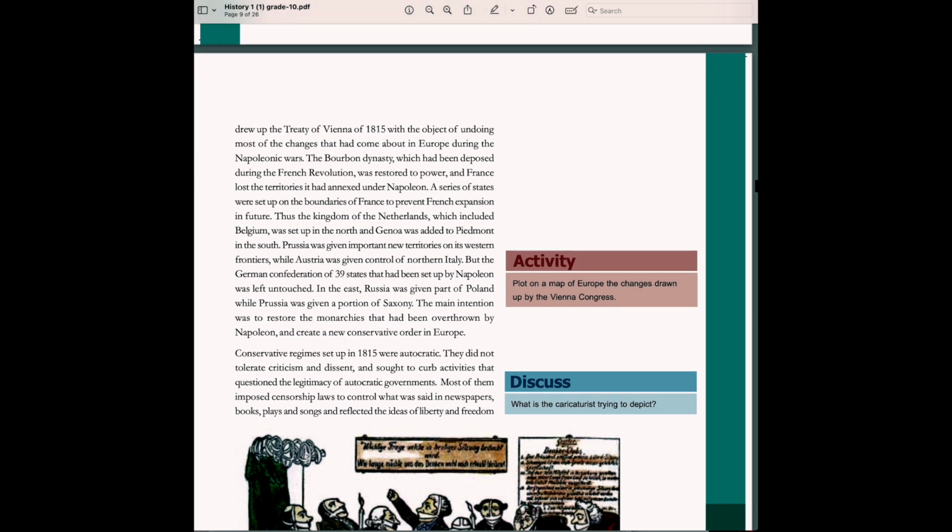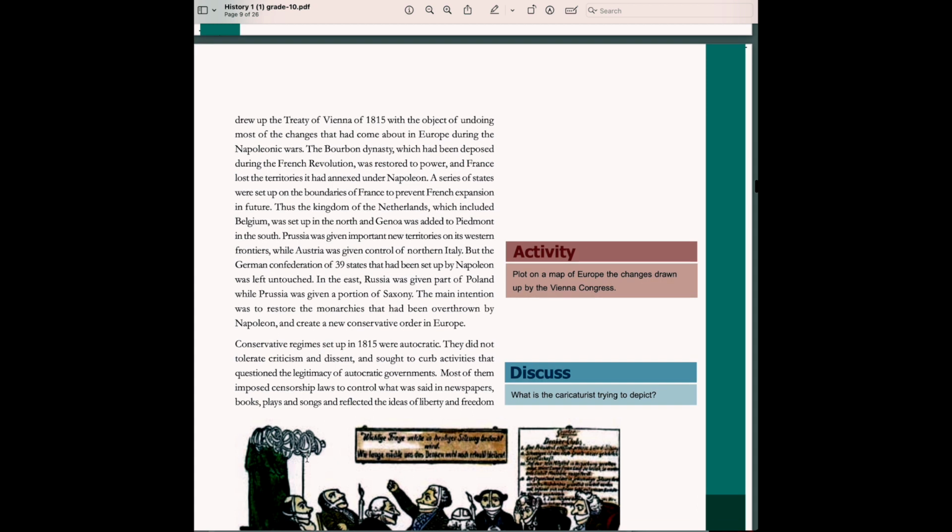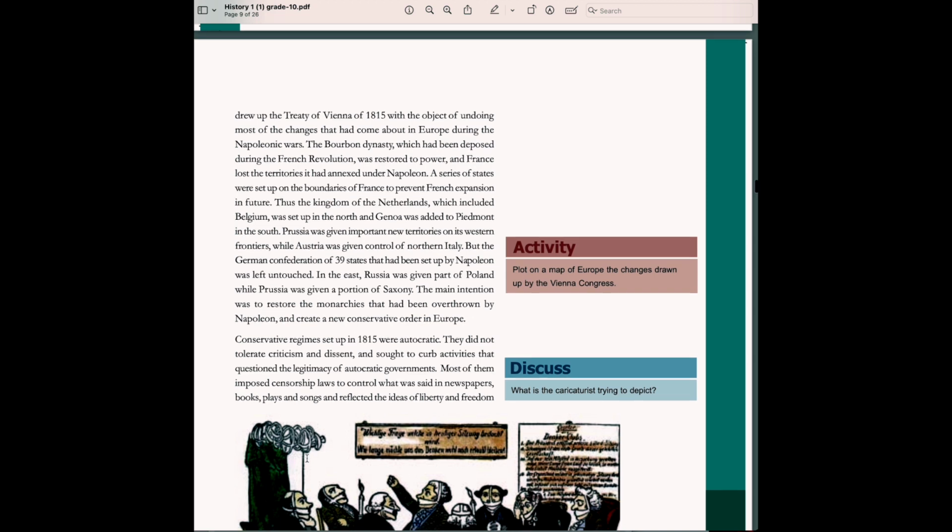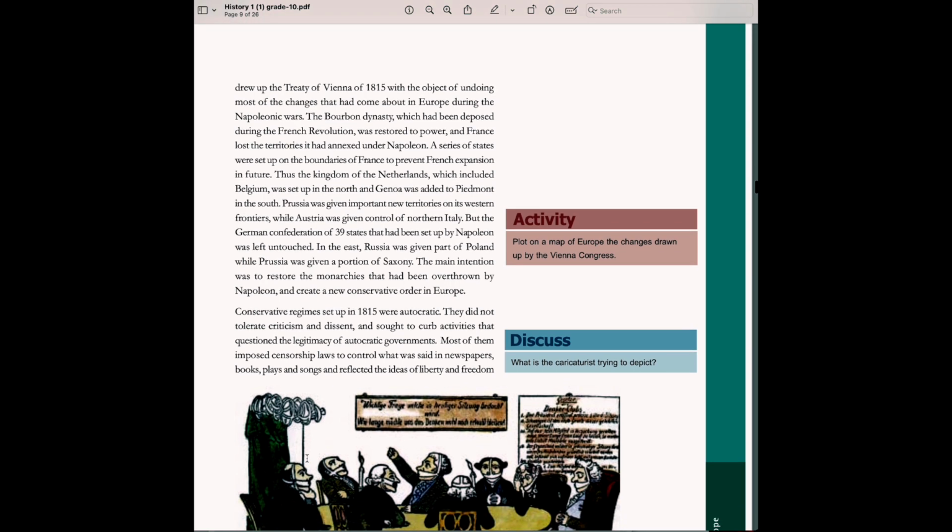The Bourbon dynasty, which had been deposed during the French Revolution, was restored to power, and France lost the territories it had annexed under Napoleon. A series of states were set up on the boundaries of France to prevent French expansion in future. Thus, the Kingdom of the Netherlands, which included Belgium, was set up in the north and Genoa was added to